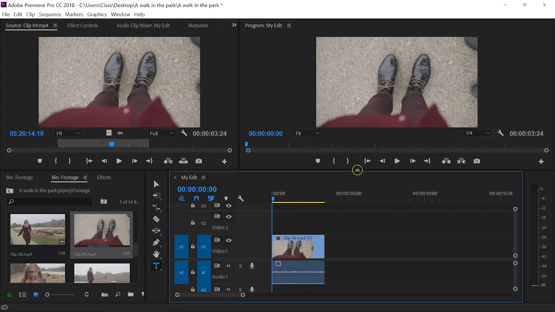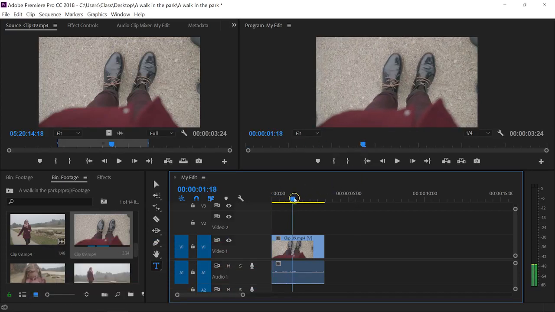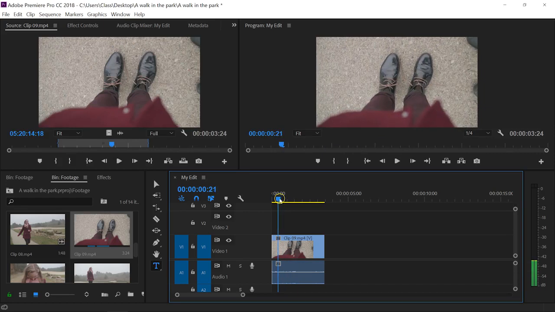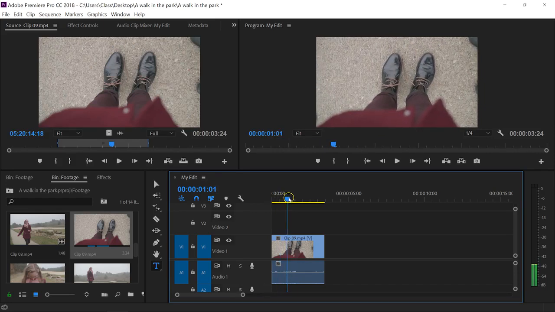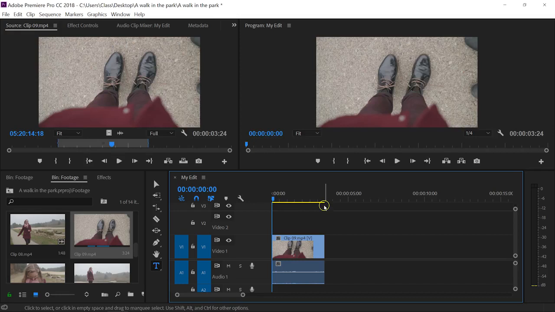So right here in my timeline, you can see that I have a clip of Kim her feet. I was trying to make a point of view shot of her, but I accidentally also shot my own feet. So what I want to do is kind of zoom this clip a little bit so that my feet are off. And in order to do that, I have to head over to the effects controls, which we can find